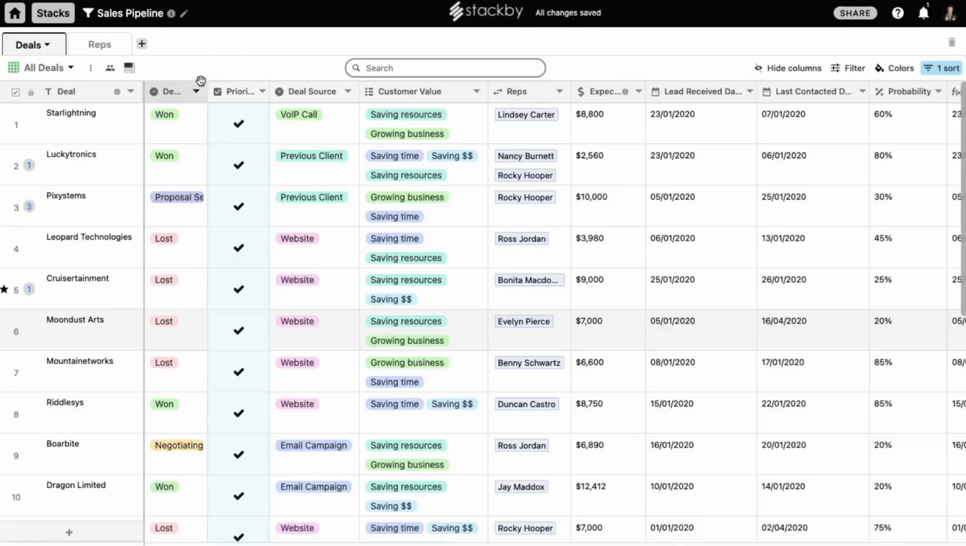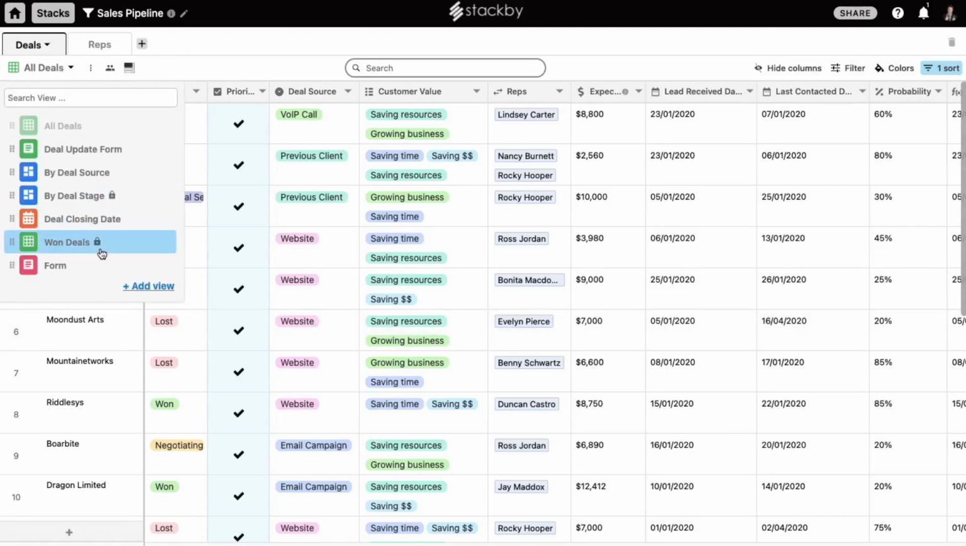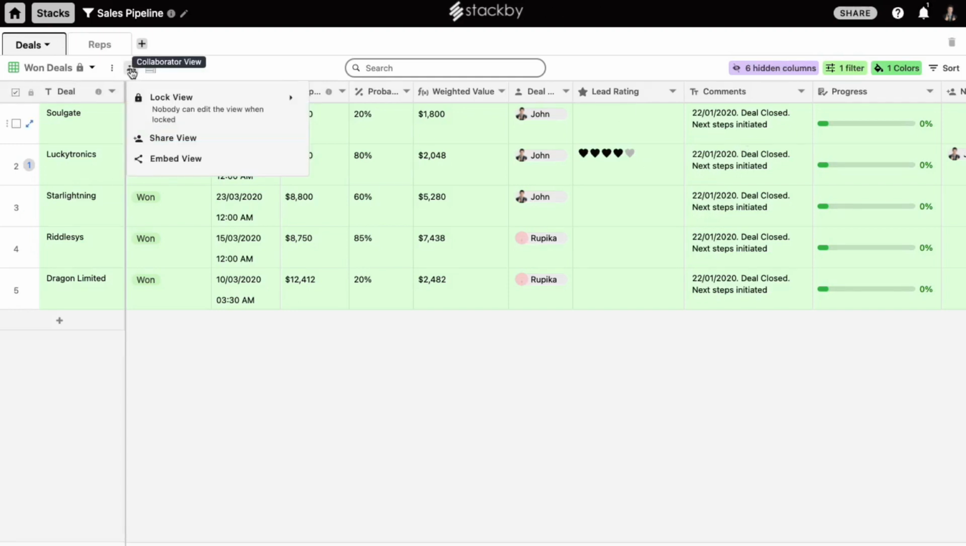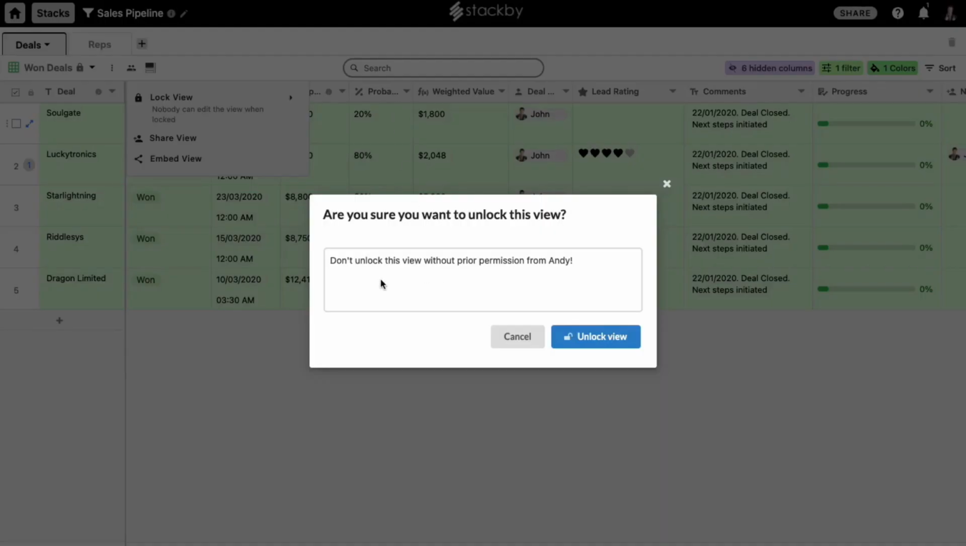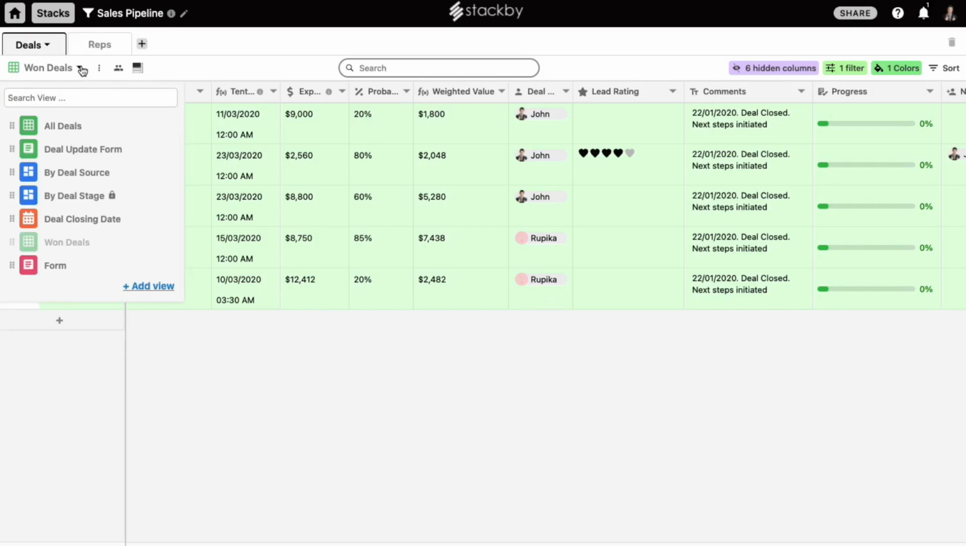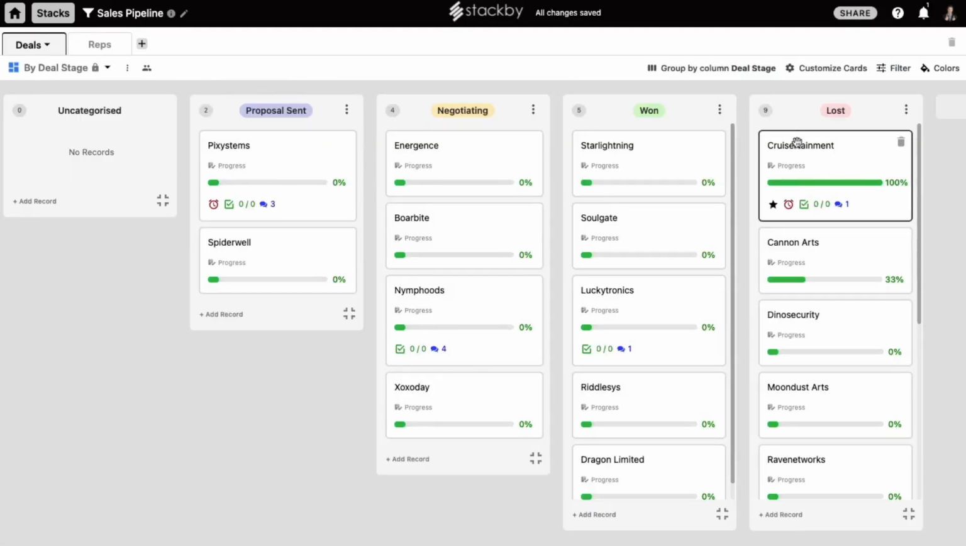Now, there are two ways to unlock this view. If you want to unlock it, you go to that view, go back to the collaborator view again, and by default, change this to the collaborator view. The message will come here and you can just choose to unlock it. And the second way to unlock the view is